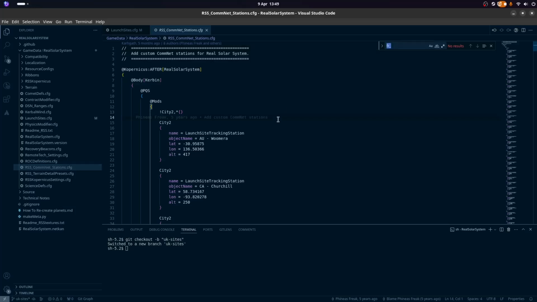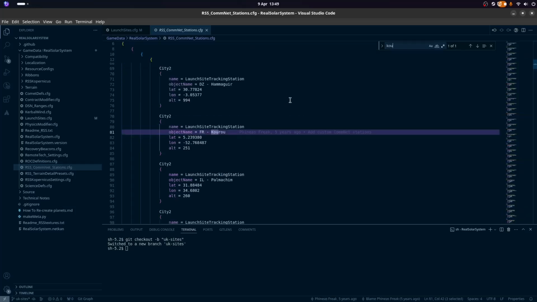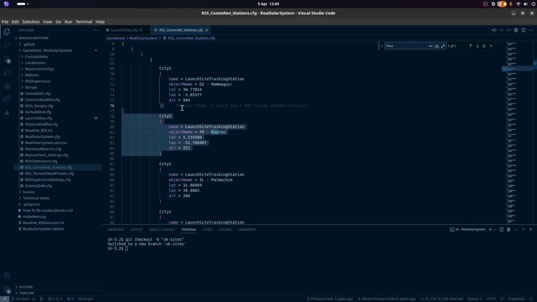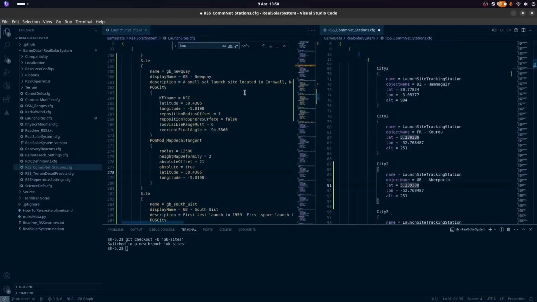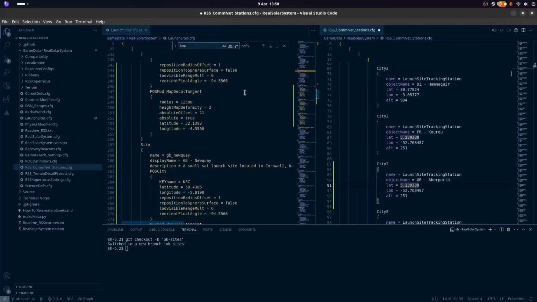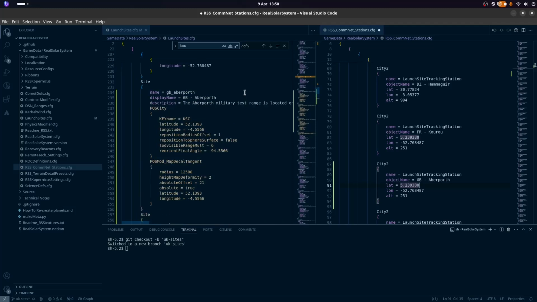So I'm going to find Kurao again. I'm going to duplicate this again. And we want to add GB Aberforth. And I'm going to place this over here. And what are the coordinates of that? Okay, so Aberforth, it is at 52.